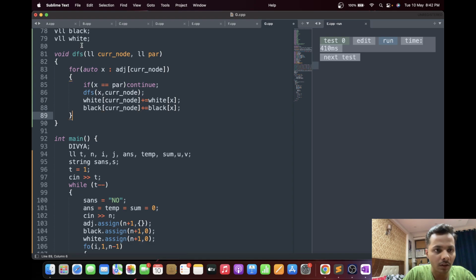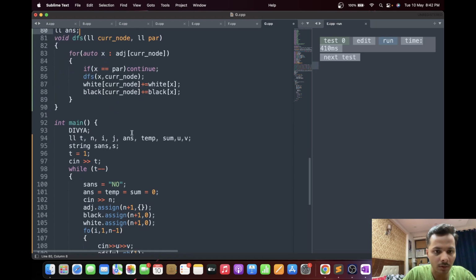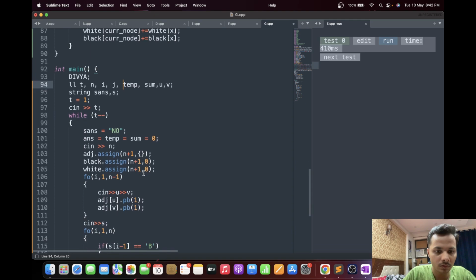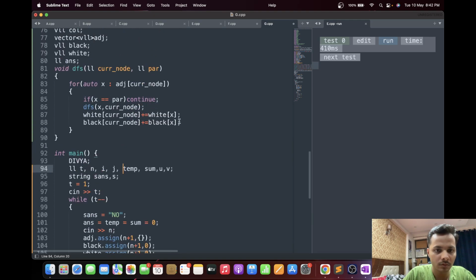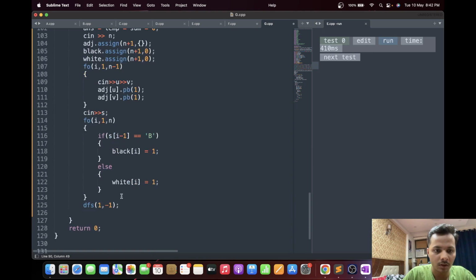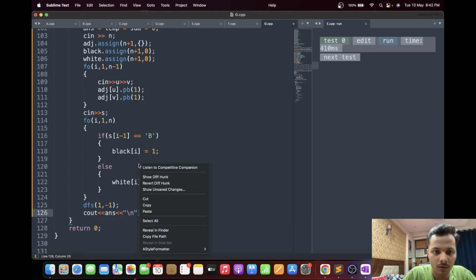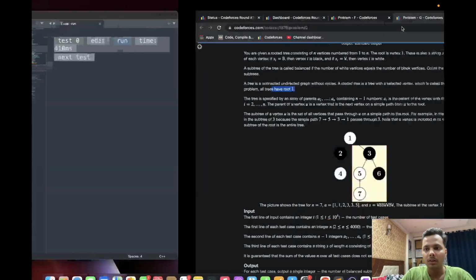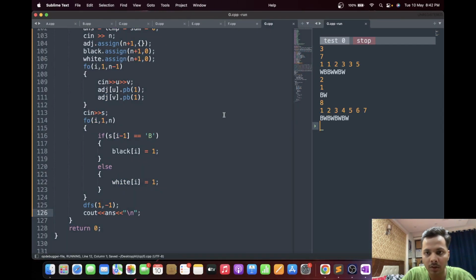Alright, so we also have to declare an answer variable. Answer plus equals whether black of current equals white of current. Alright, let's submit this. Hopefully it will pass.